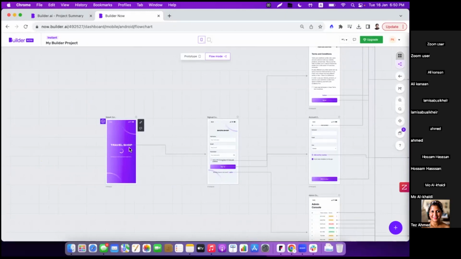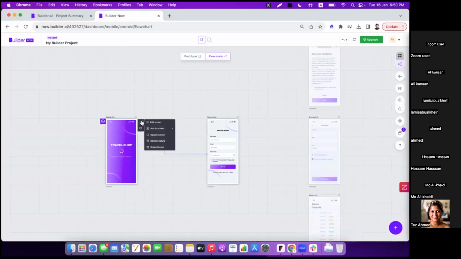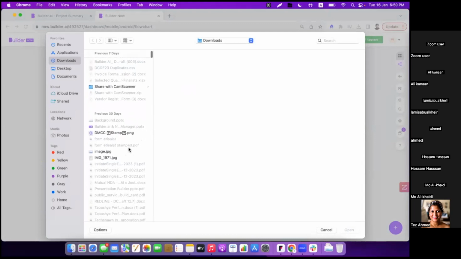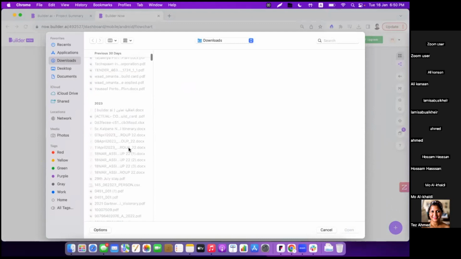And there are two approaches to address this. The first approach is where you have the option to update screen. For example, this is a splash screen. I don't like this splash screen. I have my own idea and I have my own splash screen, which has my own logo. So I would prefer to use that, in which case